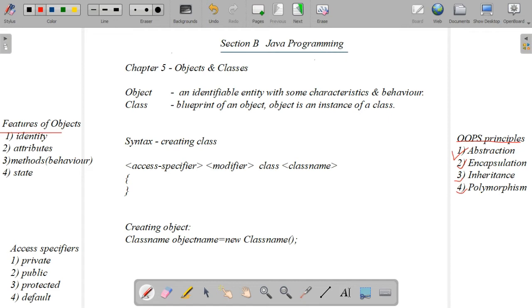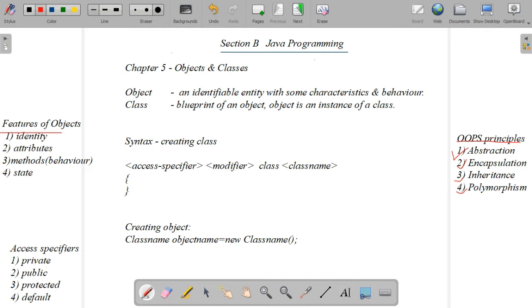So is a class an encapsulated one? Is an object an encapsulated one? Yes, because inside the class we declare the attributes and methods. So it is an encapsulated one. We can say wrapping up of the data. Data is represented by variables in a class, and its associated functions, in the sense of methods, into a single unit is known as encapsulation. So a class is an encapsulated one, as well as an object.